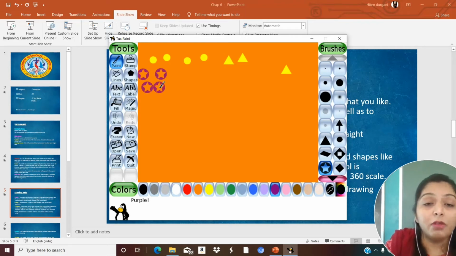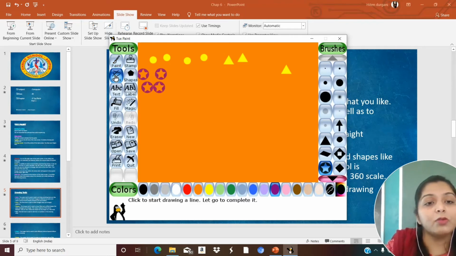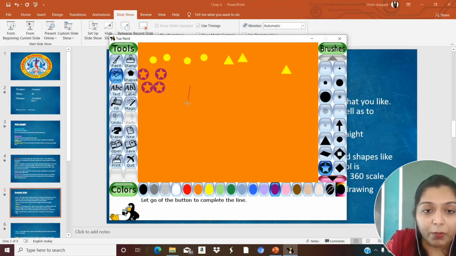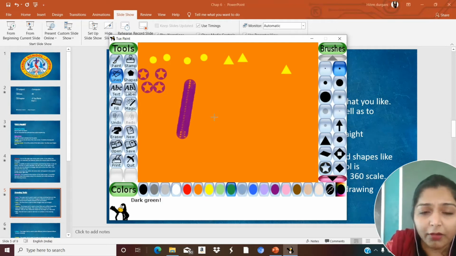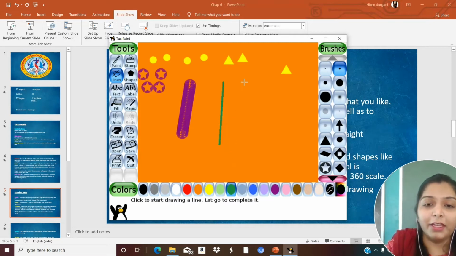The next tool was lines tool. Now, here we have to drag the mouse pointer like this. See, in this also we can choose the thickness of the line and we can choose the color also, green. Okay, see here, green, it will change to green. See, it's looking so good. We can do many things.